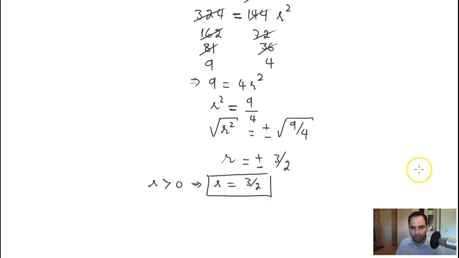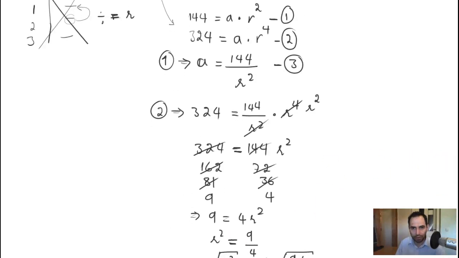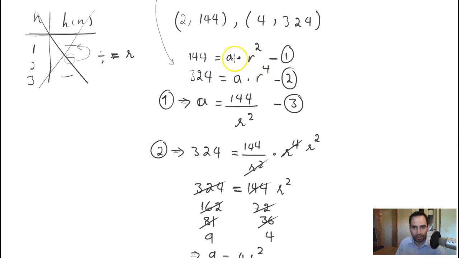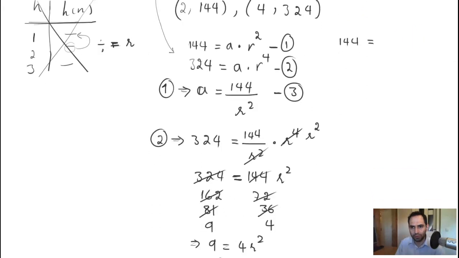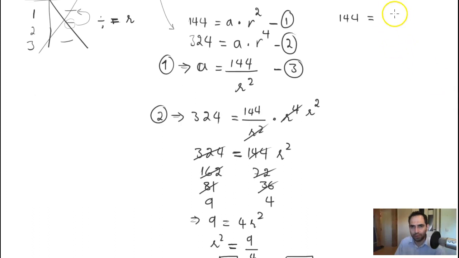Now you can use this r to get to your a here. Any equation here you can choose. For example, you can choose this equation, and 144 is equal to a times 3 by 2 whole squared. So 144 is equal to,